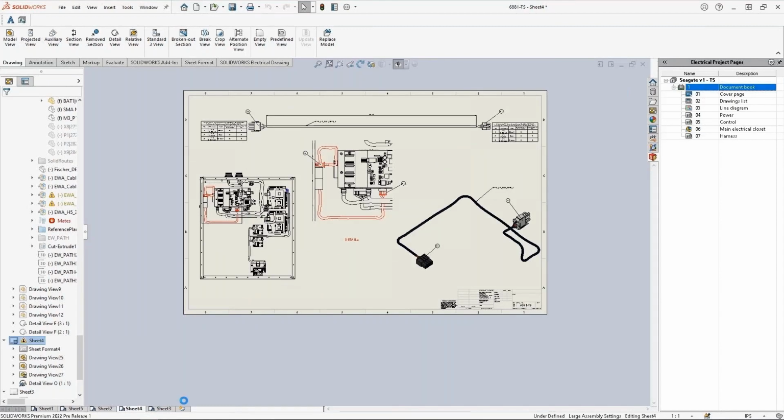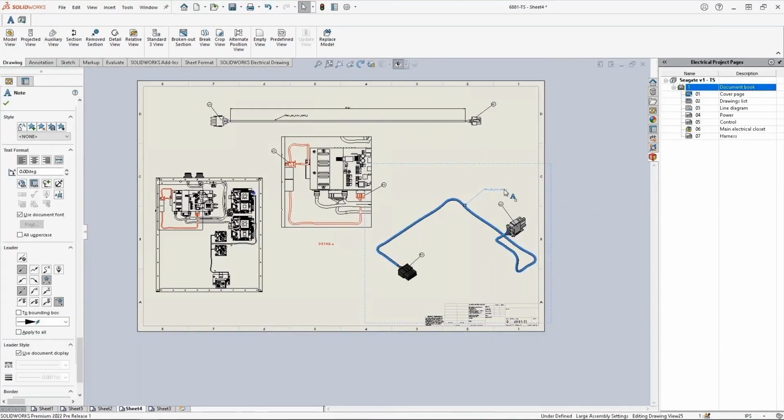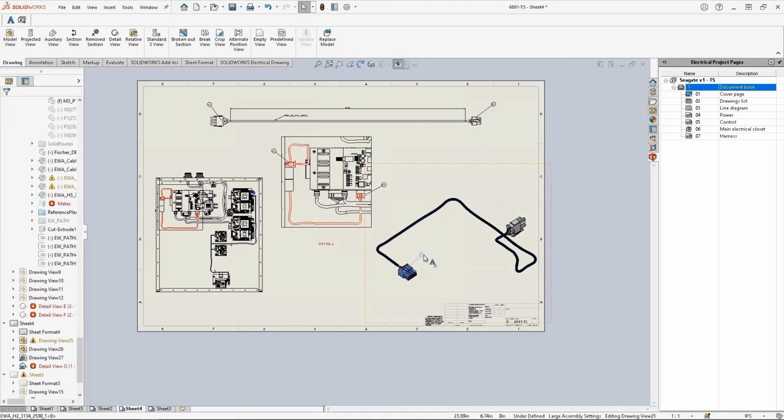So let's take a look at a couple more things here. I'm going to open up another drawing, and I'm going to come in and do some more of this detailing that I've been showing. So let me just remove some items because I'm going to come in and show you how the software does it. I'll just do a slight cleanup here. Move a balloon, tags. All right. So again, this is mechanical. We'll say from here, I pulled out some mechanical views, but now I want to get that electrical metadata over